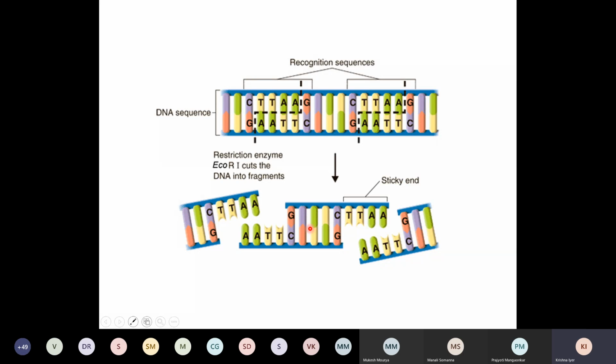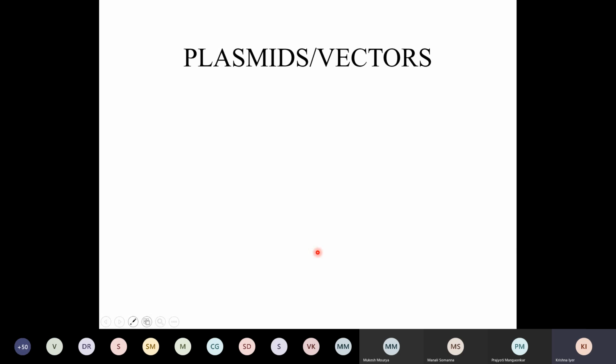And that is the great utility of restriction enzymes, and I can do this consistently. So every time I use EcoR1, it will always cut like this and I'll always get this piece. And that is very important for me to know that I can cut very systematically where I wish to cut. After looking at that, we looked at the fact that this cut piece of DNA has to be carried